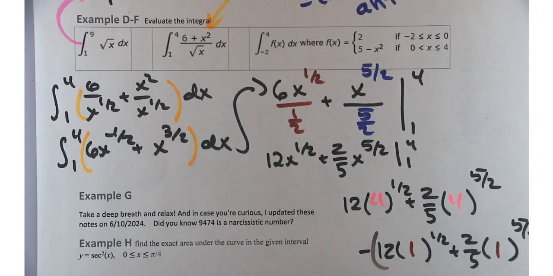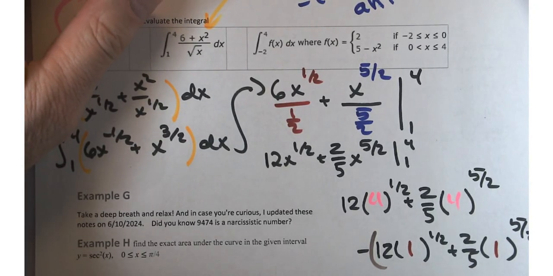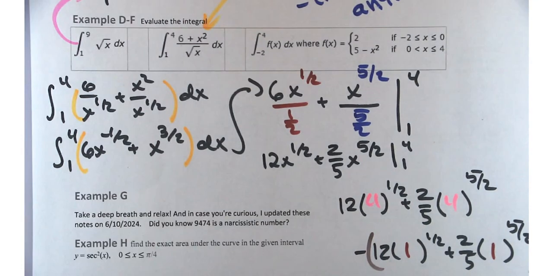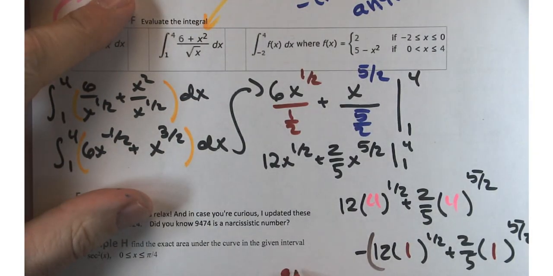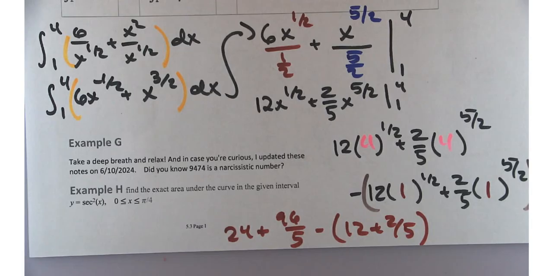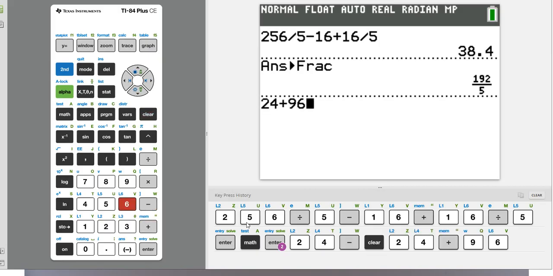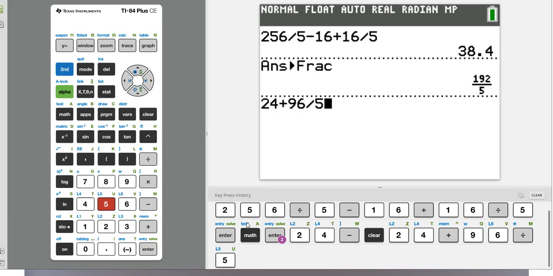5/2. That's stuff that I don't expect you to do in your head. That's going to be 32 times 2 over 5, that's going to be 96 over 5, minus 12 plus 2/5. What's that all turn out to be? Let's find out. 24 plus, oops, how about a plus? 96 divided by 5 minus 12 minus 2/5,